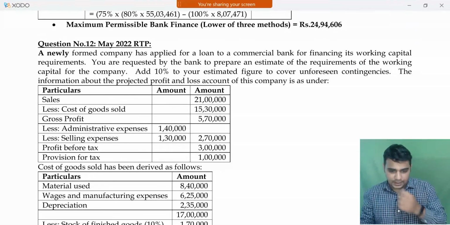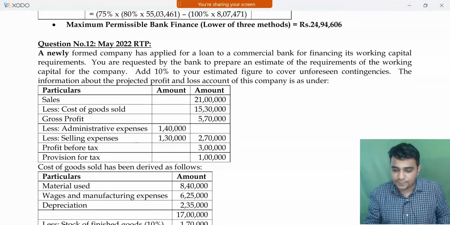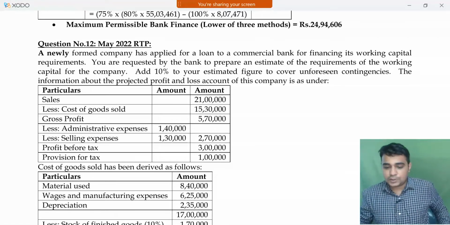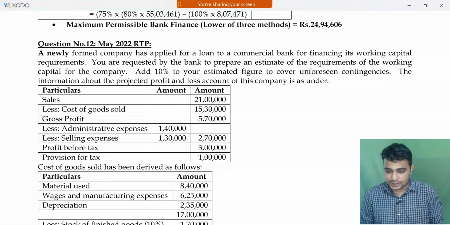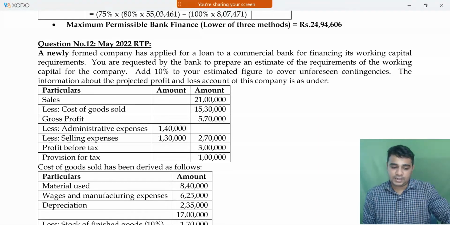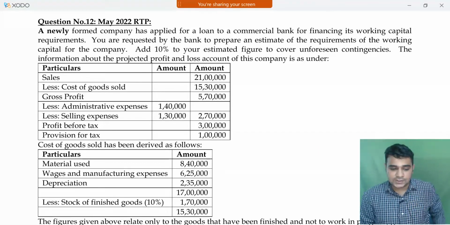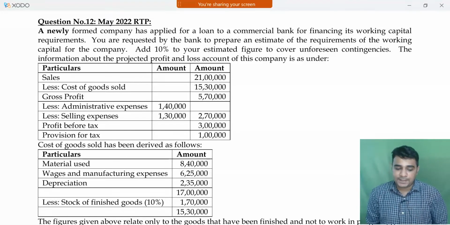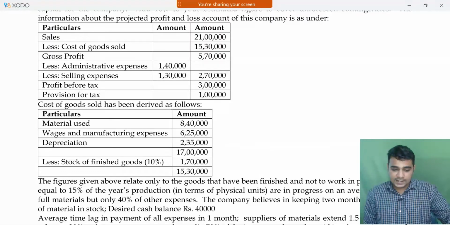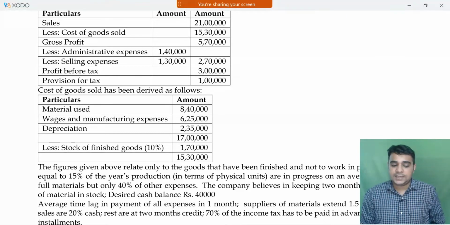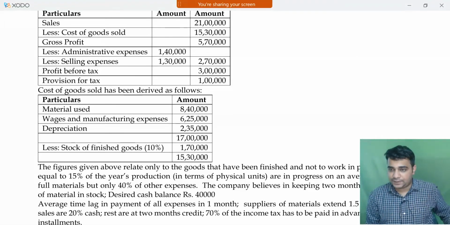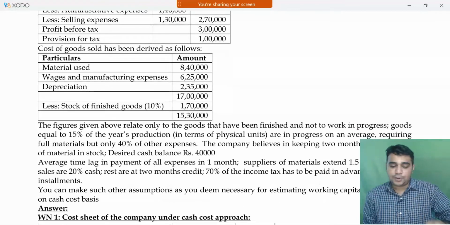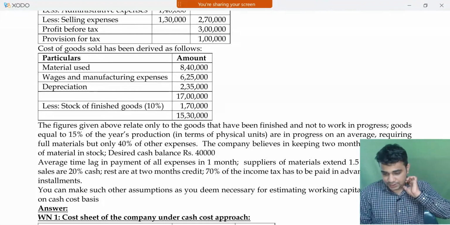A newly formed company has applied for a loan to a commercial bank for financing its working capital requirement. To prepare an estimate of the requirement, 10% to cover unforeseen contingency. Information about the P&L is given: sales, COGS, GP, admin, selling, PBT, provision for tax. COGS has been derived as follows: material used, wages and manufacturing expense, depreciation, less stock of finished goods, and COGS is 15 lakh 30. Figures given above relate only to the goods that have been finished and not to work